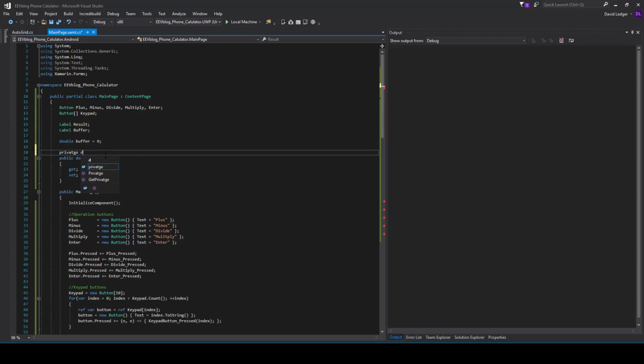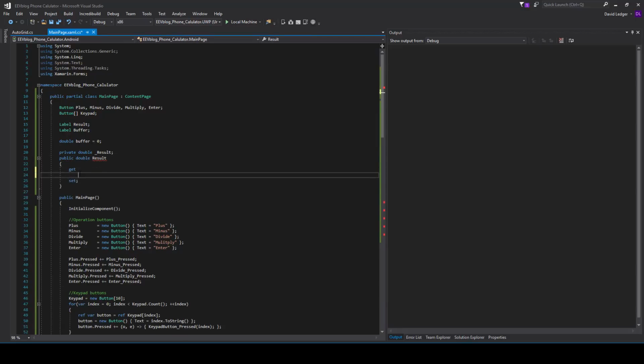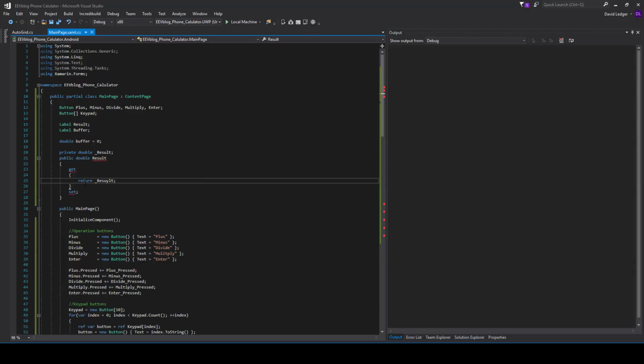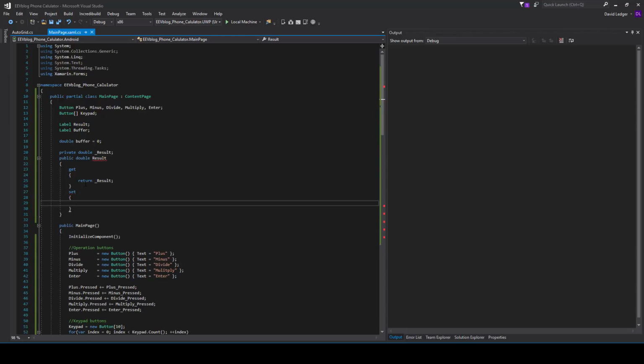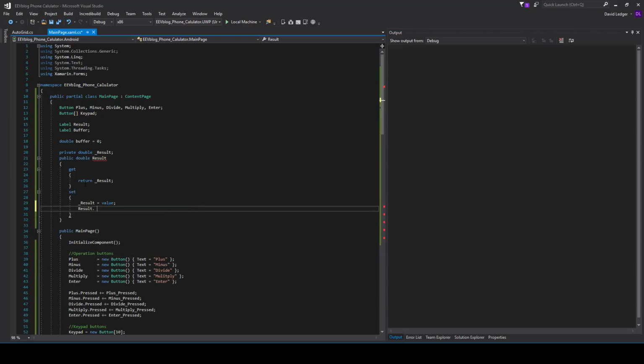And here we're going to do private. We're going to make a buffer, and we're going to make this. This is kind of why I work with properties, because you can do this. And this is all my mistakes. So you're going to see stupid stuff I'm doing here, and you just have to put up with it. Result.text. I don't actually know what the label's text thing is, but I'm gonna new label